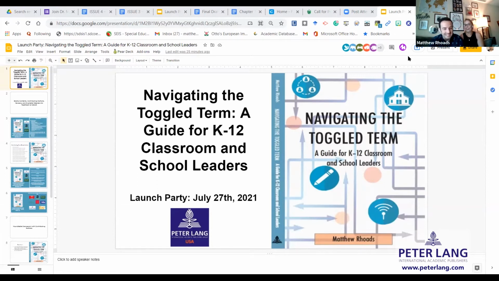Thank you everyone for being here, and thank you Peter Lang, International Academic Publishers, for providing a platform for a book that we can use as a playbook to navigate where we are currently at in the present and future of education. Really, the purpose of today is for us to celebrate the book's launch, but also celebrate all of the contributing authors that are here that have written a lot of the book's case studies as well as the